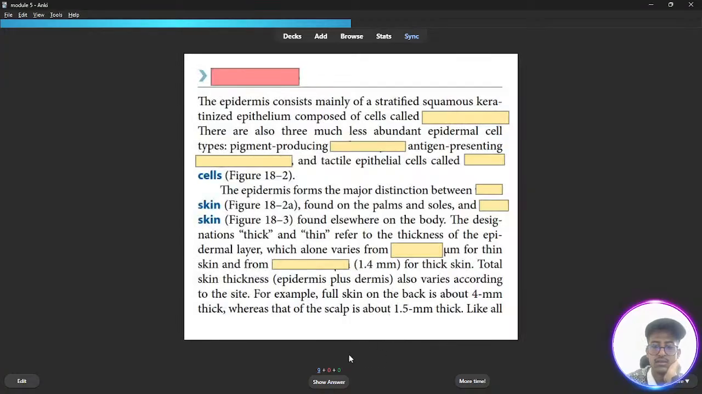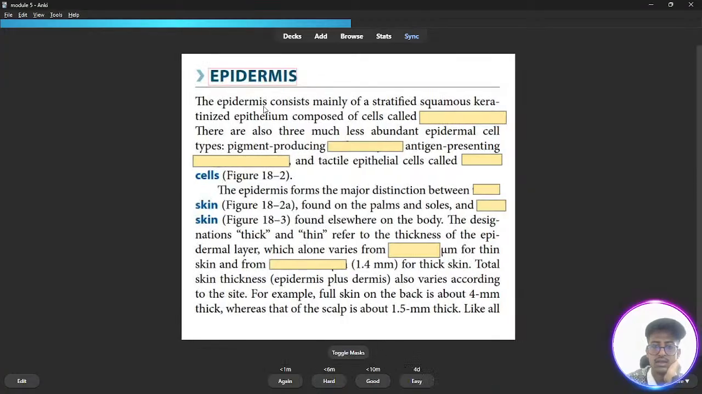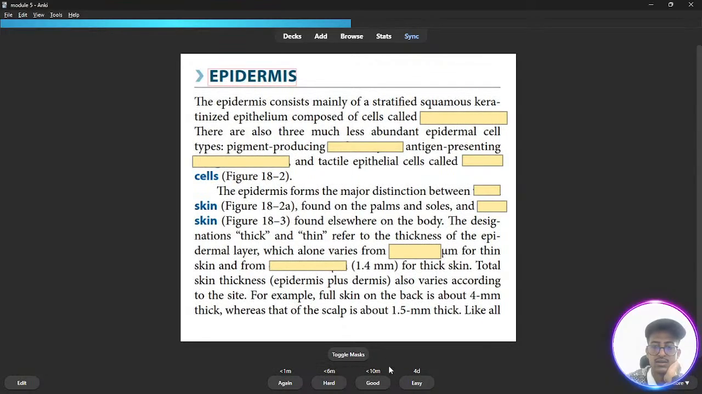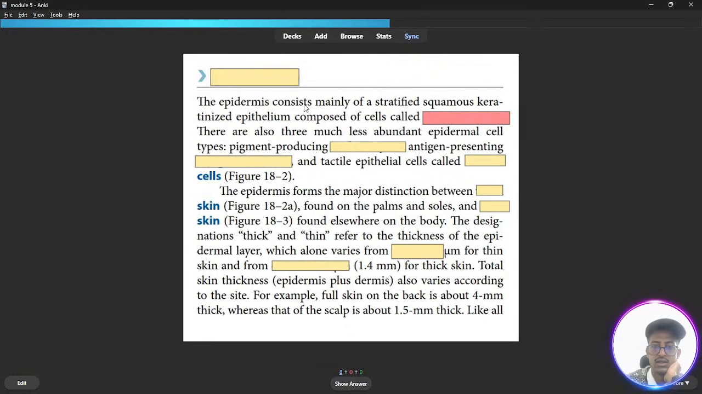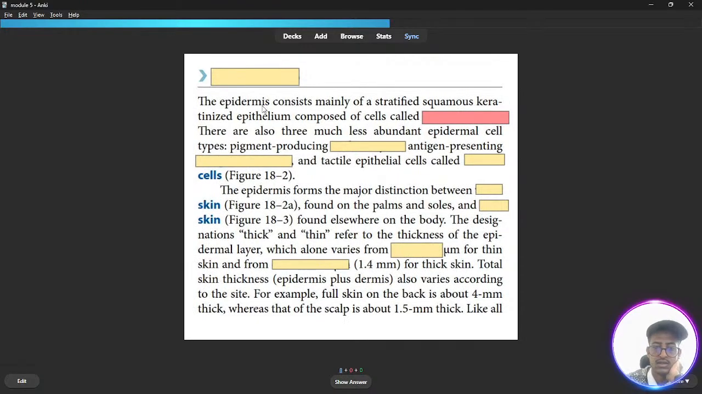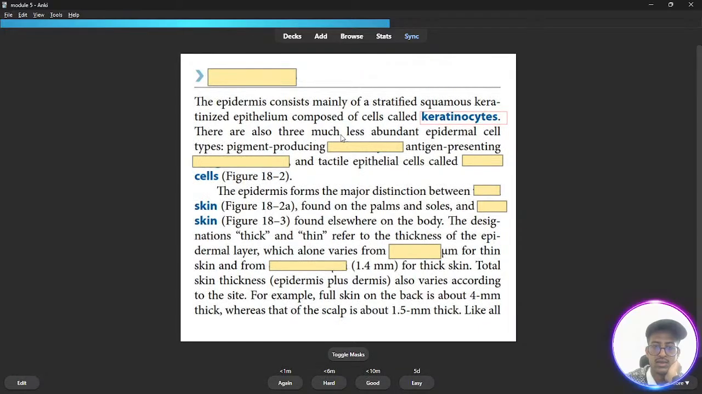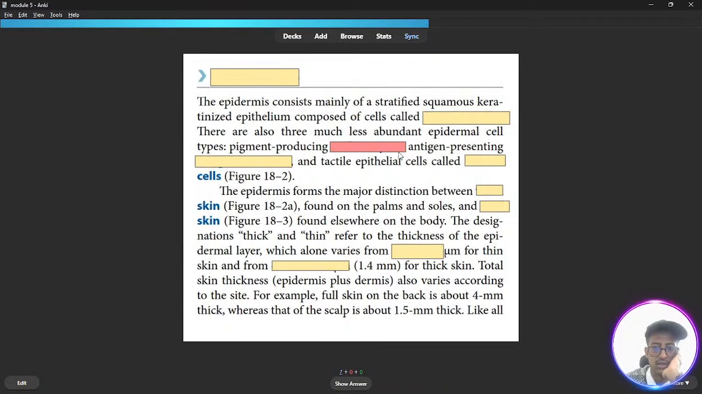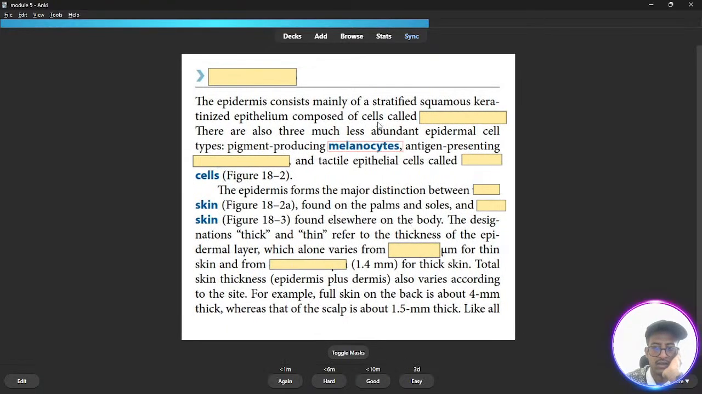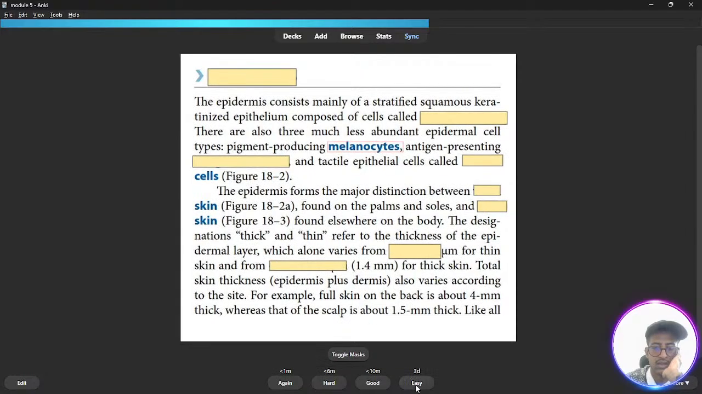Okay, epidermis. Epidermis consists mainly of stratified squamous keratinized epithelium composed of cells called what? Keratinocytes. There are also three much less abundant epidermal cell types: pigment-producing melanocytes and antigen-presenting Langerhans